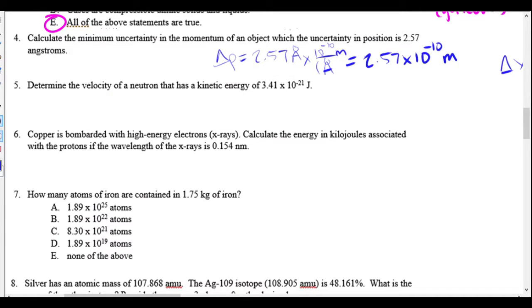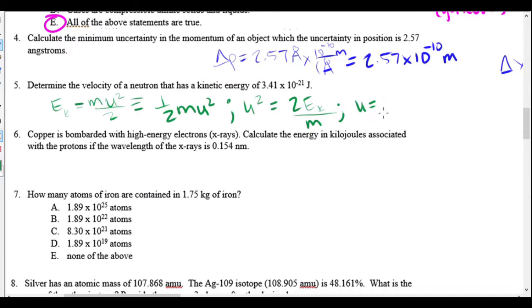Okay, number 5. Determine the velocity of a neutron that has a kinetic energy of this. So we are going to use this formula, EK. You might have seen it as KE; this is just how it's written on the potentially useful information. EK is equal to mass times velocity squared over 2, which is the same thing as 1/2 mass velocity squared. Those are equivalent. But we want to solve for u, so we're going to have u squared equals 2EK over m, and then u is equal to the square root of 2EK over m,